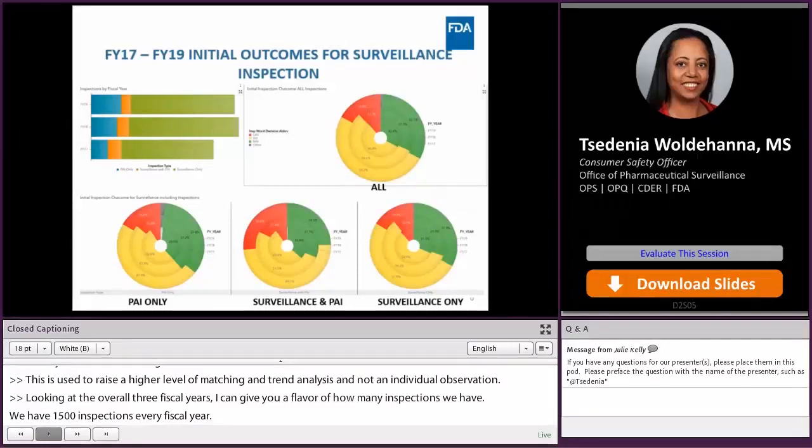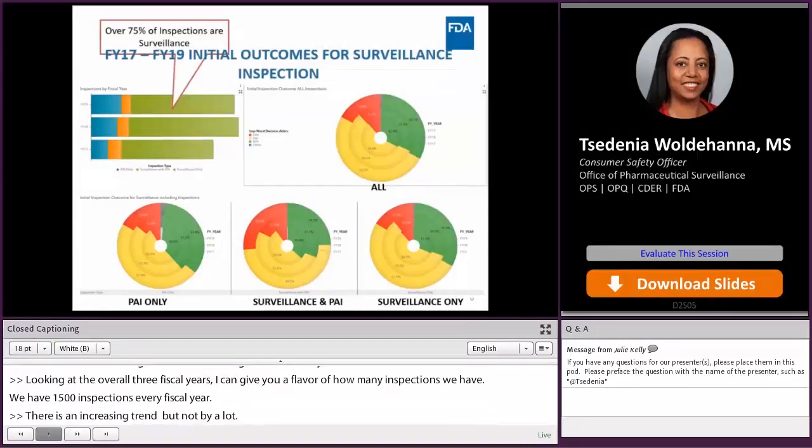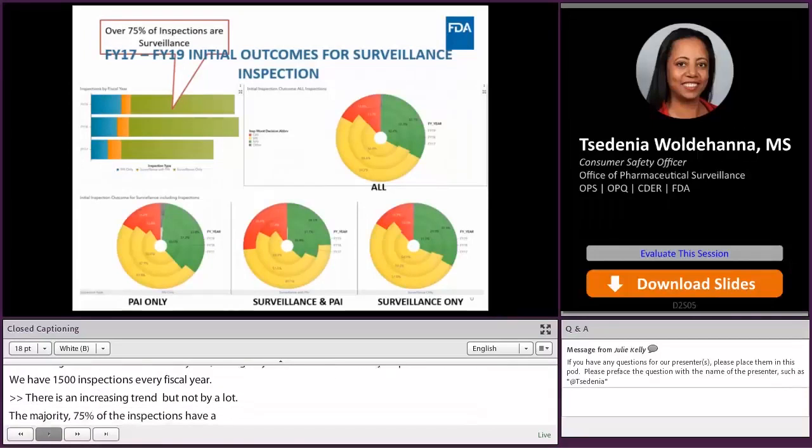As you can see, the majority, 75% of inspections, do have a surveillance component to them. That's the 6 system-based inspection. So a lot of the inspections that you're going to see at your site will contain that system-based inspection. You also notice that